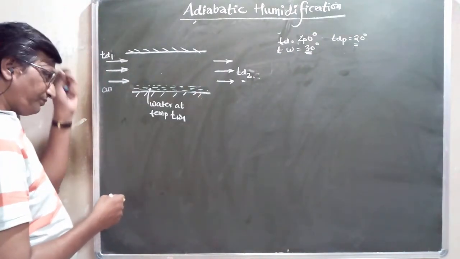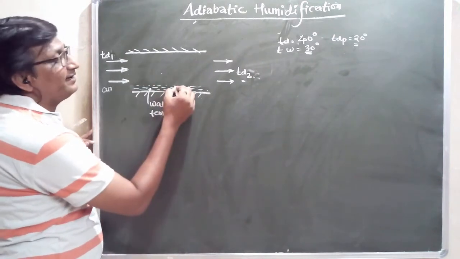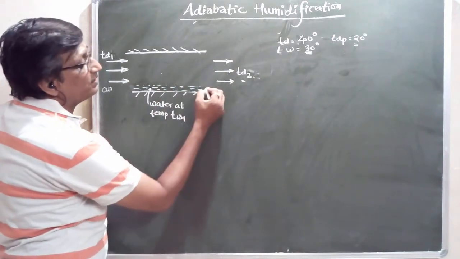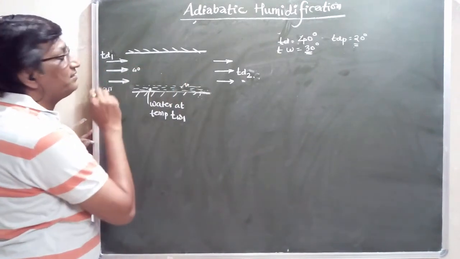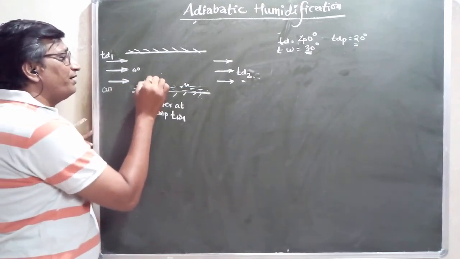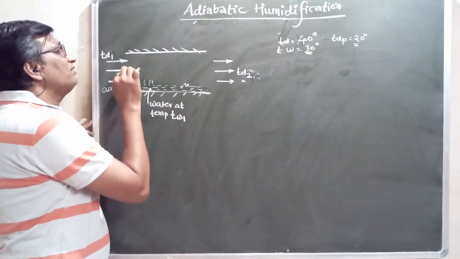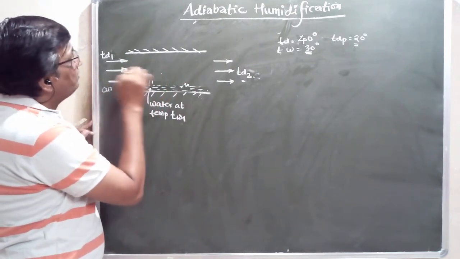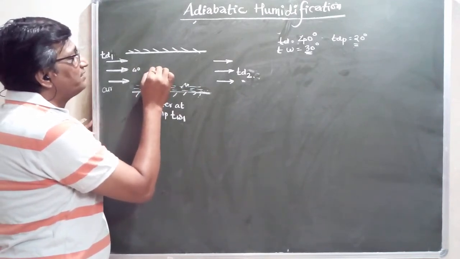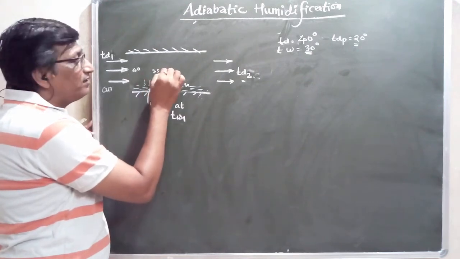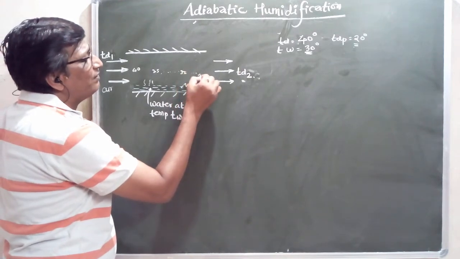So I must have the temperature of this water greater than the dew point temperature of the incoming air. Here the wet bulb temperature is 30 degrees, and this 40 degree air is coming inside. Now it will evaporate, and some amount of water particles get absorbed into the air. This air gets cooled down, say up to 35, then it comes here and cools to say 32, and at the end it will cool up to 30.